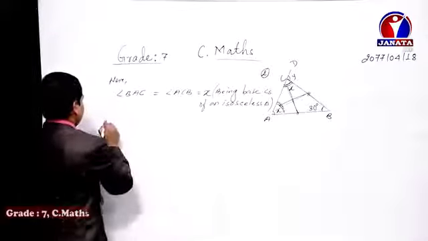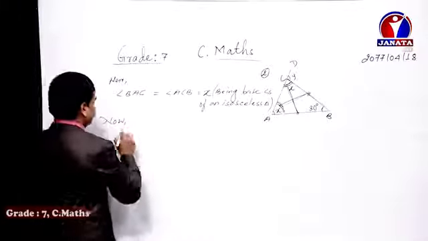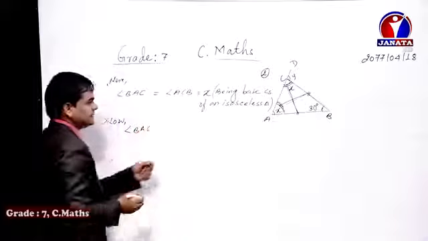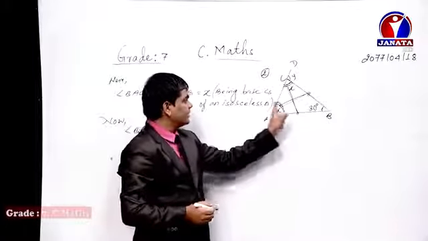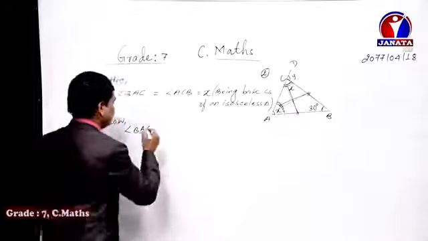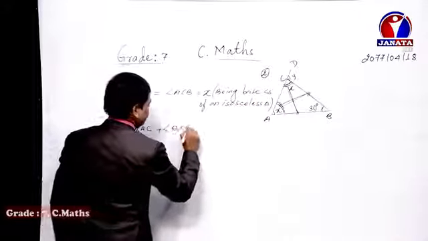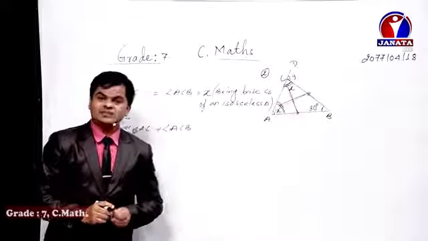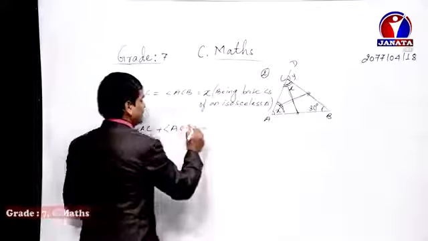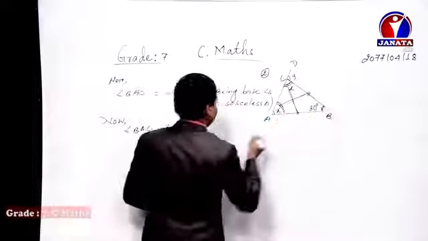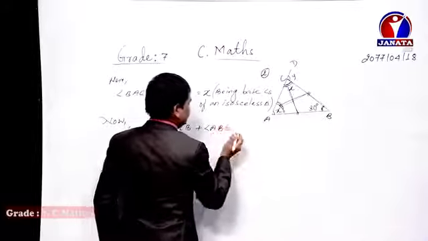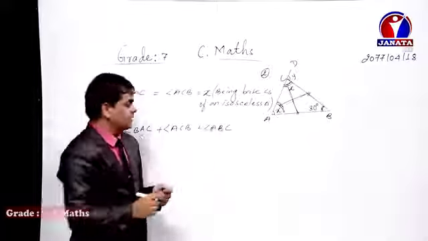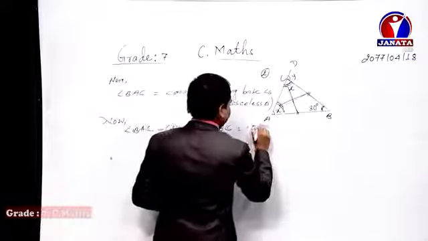Now, dear student, what you have to do? Let's do the sum of angles of a triangle in that triangle. One angle is angle BAC, which represents this one. Plus angle ACB; C is in the middle, so we are indicating directly angle C. And then plus, what do you write for this one? Angle ABC, because we need to keep the letter B in the middle in order to denote angle B. Equals 180 degrees.